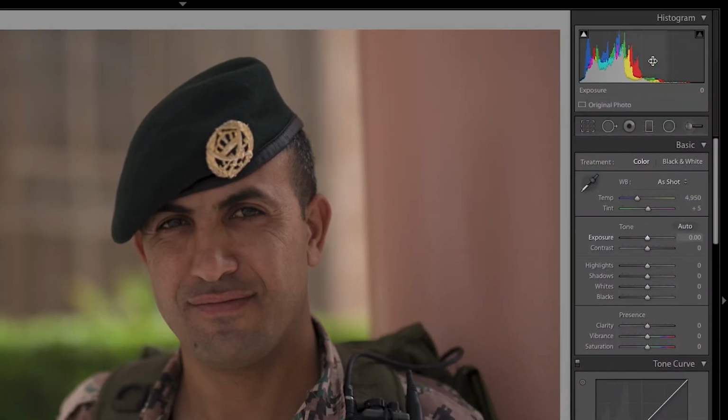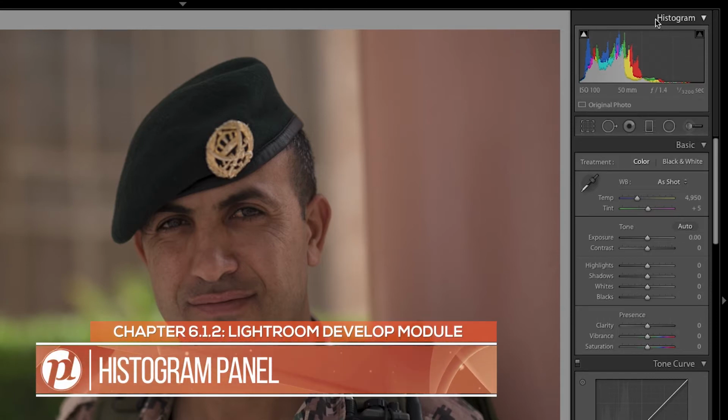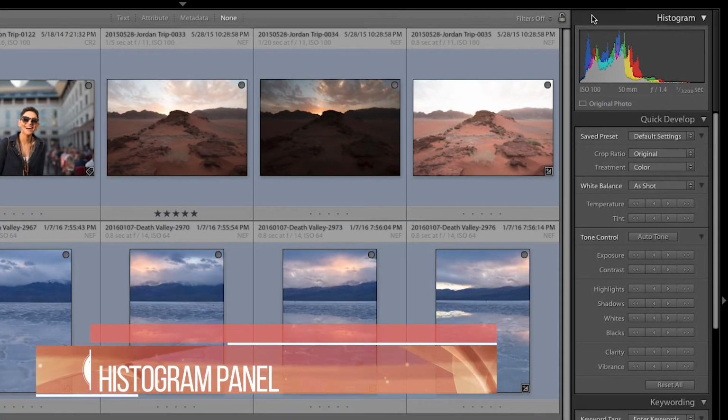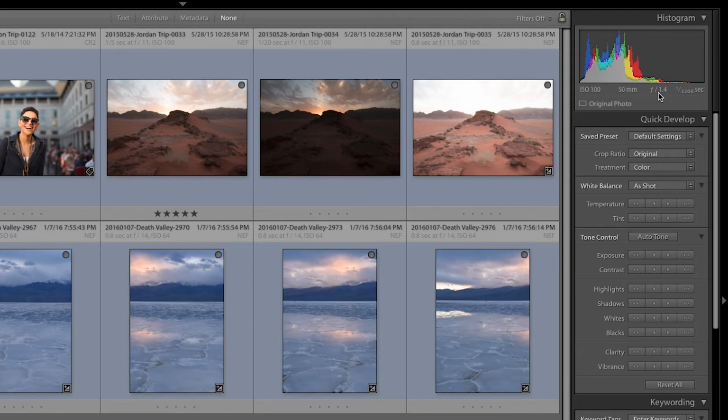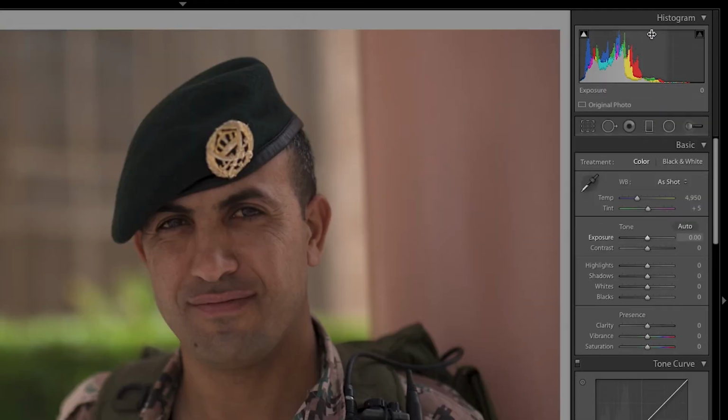So let's hop on over here to the right hand side, and we start out on the top with a histogram. And once again, it's the exact same thing as we had in the grid. It's in the exact same place and has the exact same information. So I don't really need to cover that, but there is one significant difference here. You'll see there's these two triangles on the upper left and upper right hand side, and what these show are